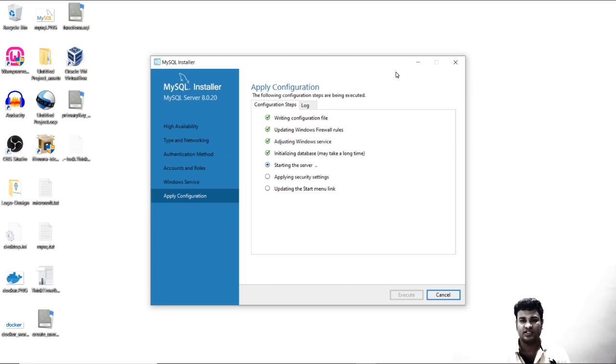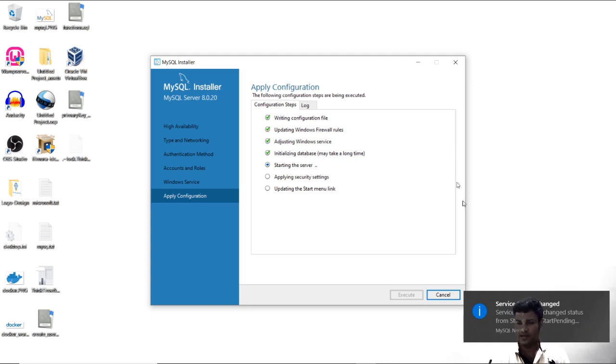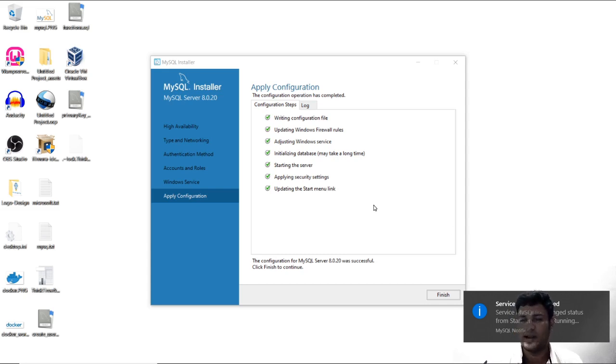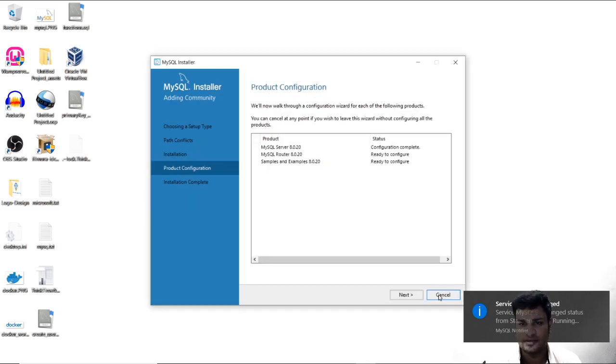Okay, so this has now gone to starting the server, and you see over here that it has changed from stop to start pending, and now from start pending to running. So our SQL server is now running, and just click on finish.